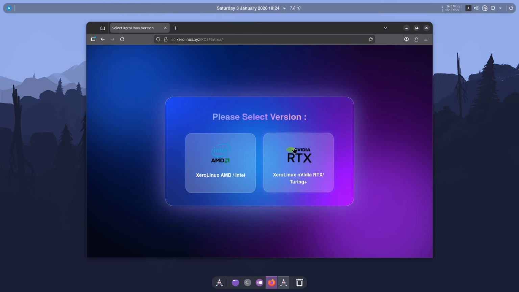Okay? So if you are on an RTX card, aka Turing and above, you just download this ISO. It already has the drivers out of the box. You don't need to do anything. That's it. You download this, install it, forget about the drivers. They're already included and enabled, and everything is working hunky-dory. But if you have an Intel or AMD system, use this